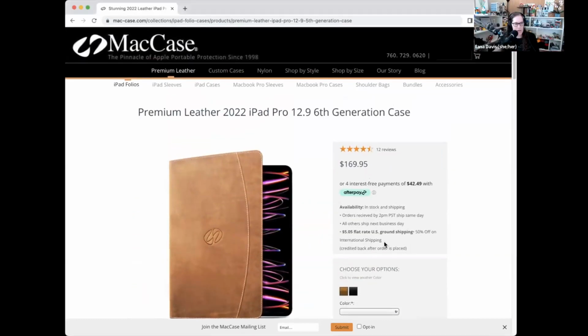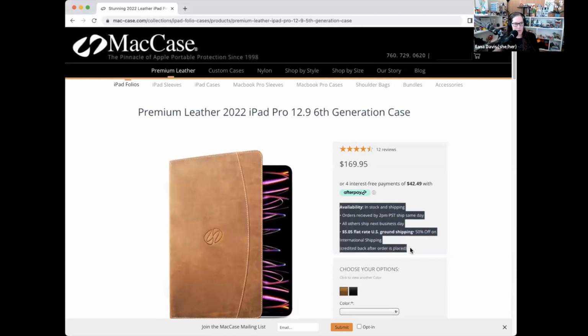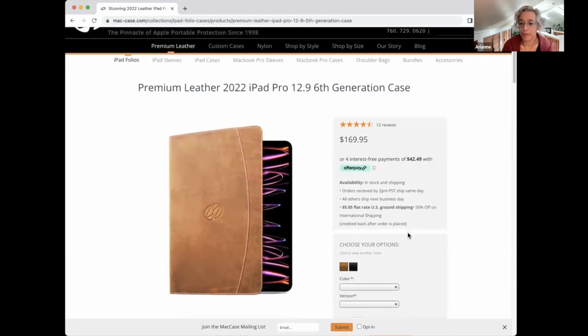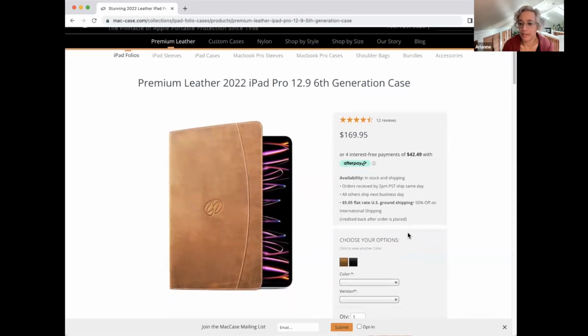So Arianne, you're talking about this specific availability, but you would leave Afterpay here? Yeah, I think it's common to have Afterpay there by the price. It's probably a way to get that smaller and on one line, just so it's not taking up so much real estate. But yeah, it feels like a lot of real estate is being spent on minor details here. And I'm kind of losing interest before I even got interested.